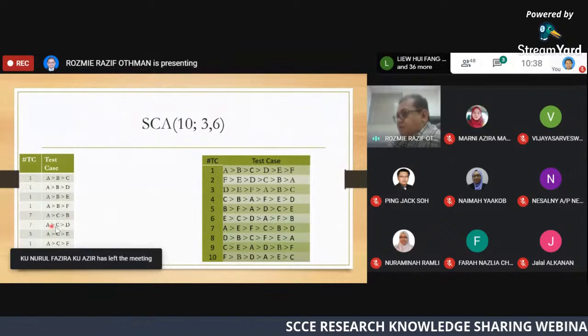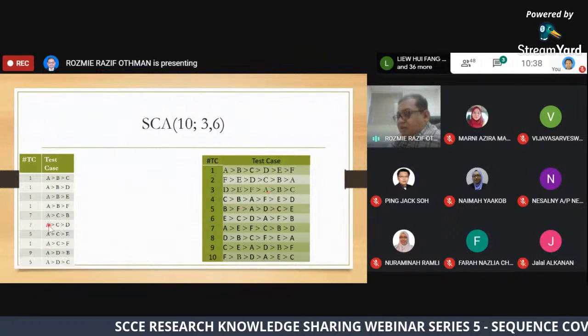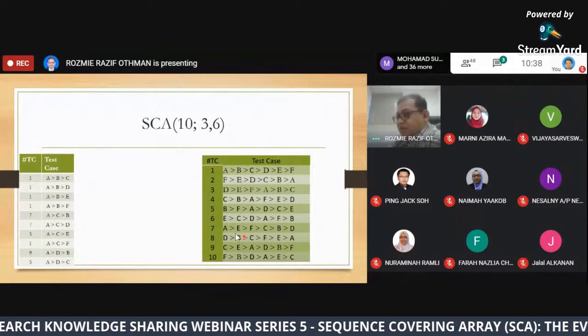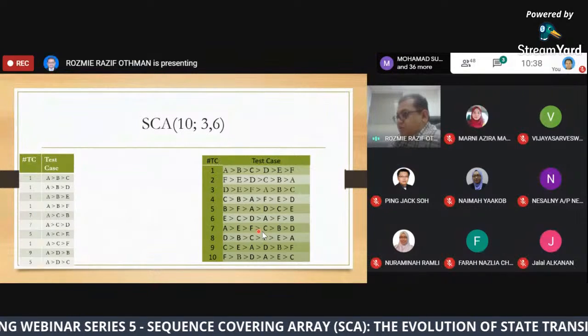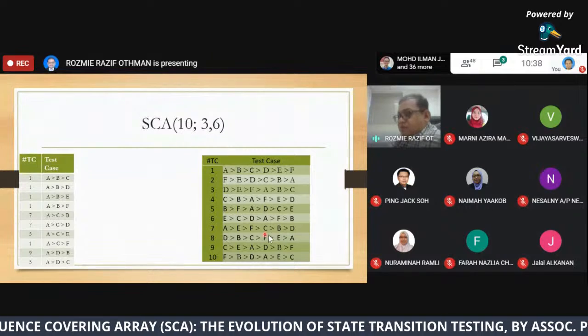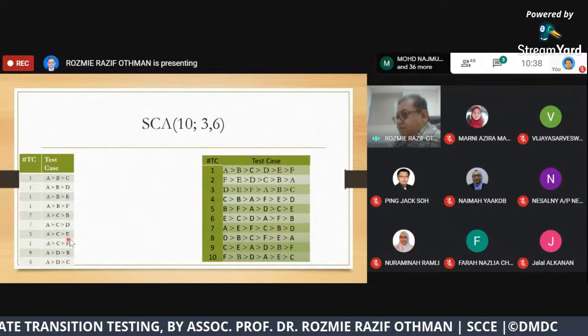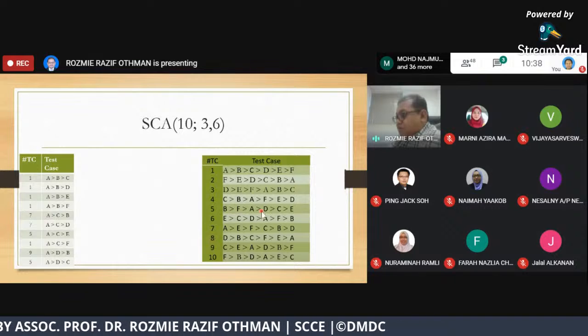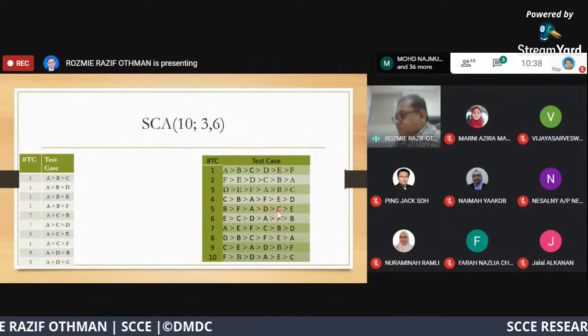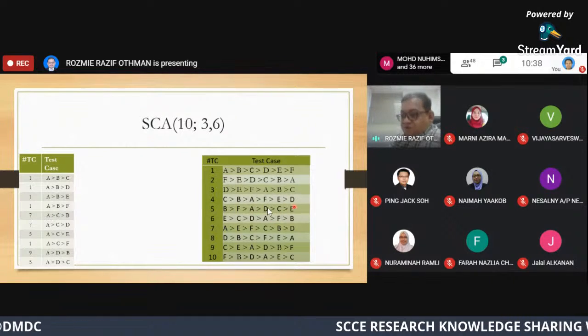ACB and ACD here we can see at test case number 7, ACD and also ACB. ACE at test case number 5: after A is C, after C is E, and so on.